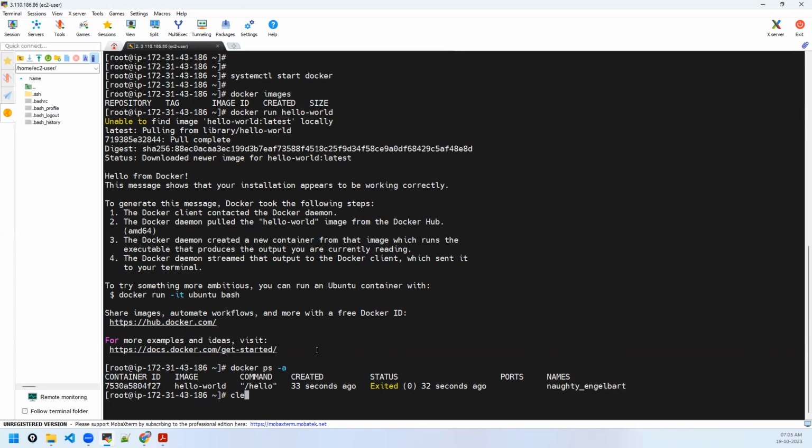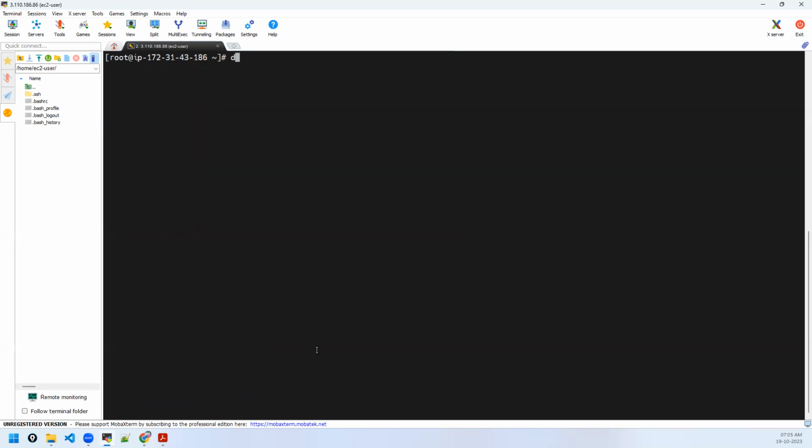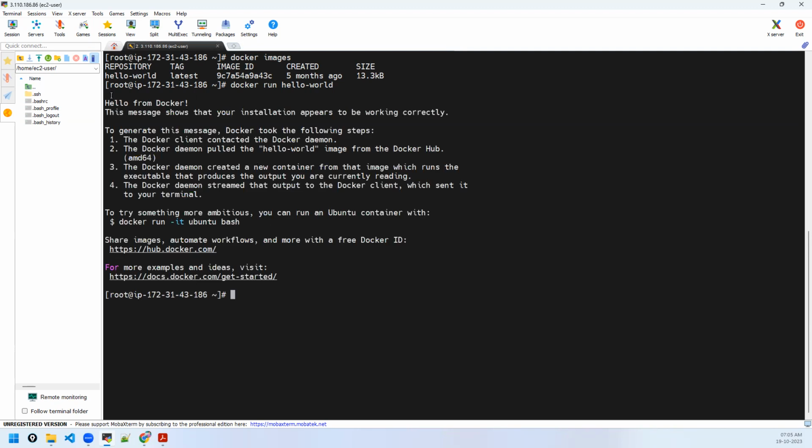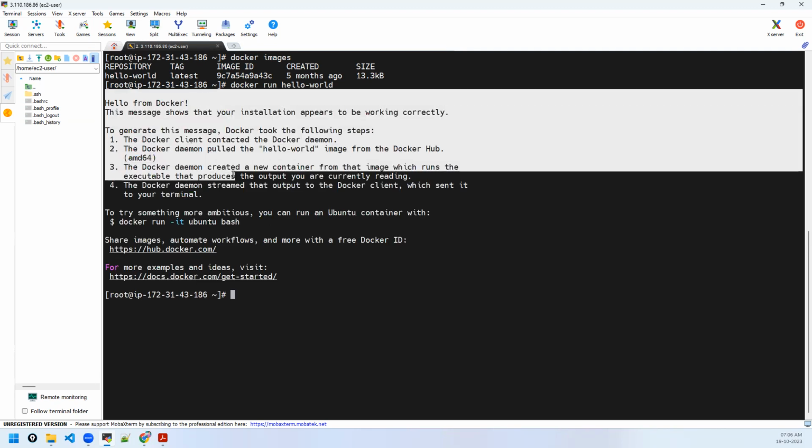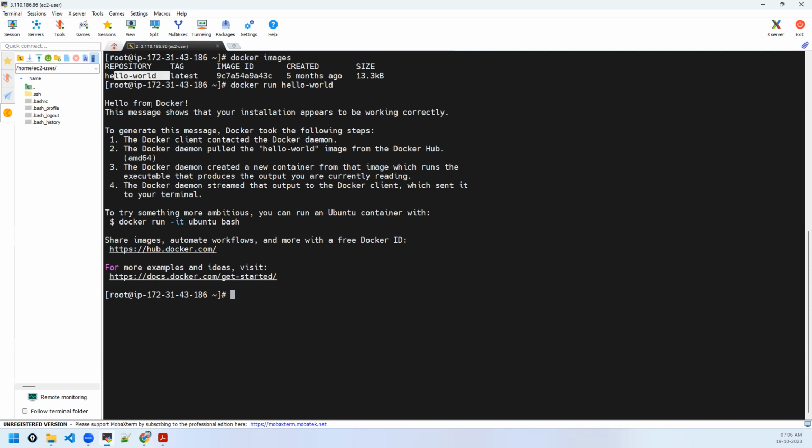What if you run that same image again? By the way, it has downloaded the image, and now if you list it, yes, it's present. What if I run this again? What happens now? Will it pull the image again? Will it download the image again? No, no, because it's already there. See here, it is not saying unable to find, pulling. It means it has used the local image. It has displayed the message and